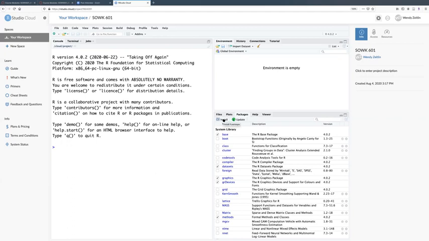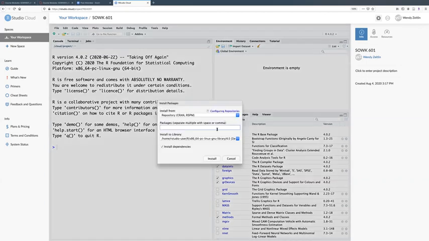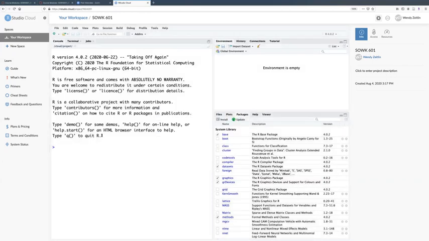We want to download the one package that we're going to use for this class, and that is called SSD for R. So we're going to go install here, and you want to make sure the repository says CRAN, RSPM, and we're going to start typing in SSD for R, and here it is. And you want to make sure this install dependencies box is clicked, and then we're just going to click install, and you're going to get